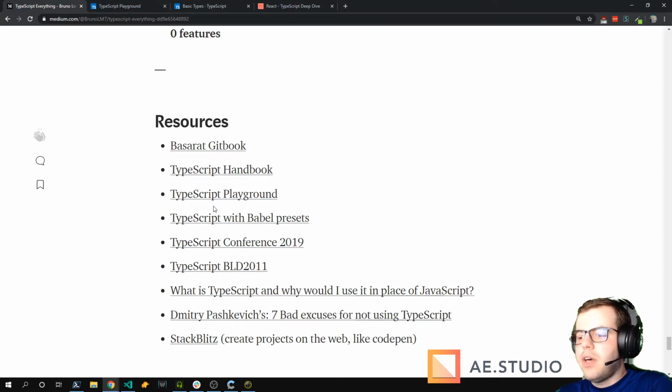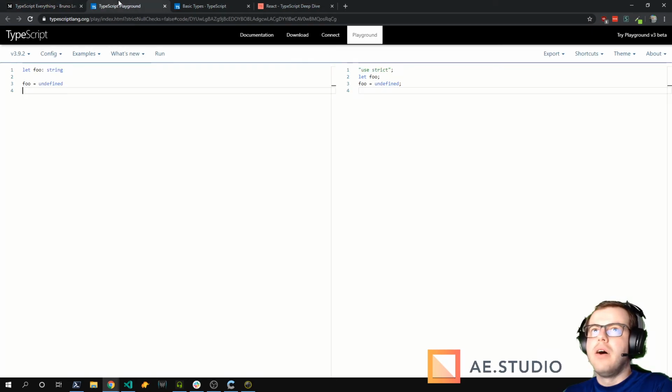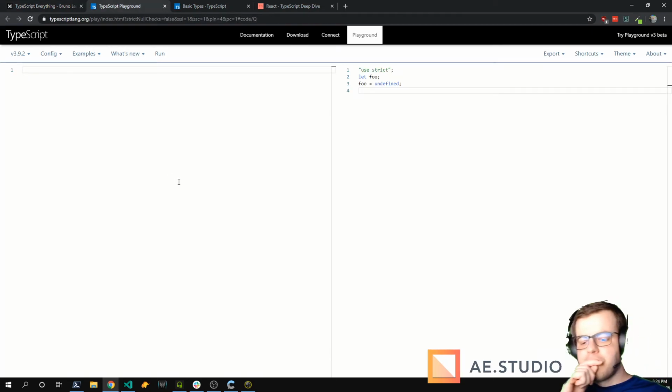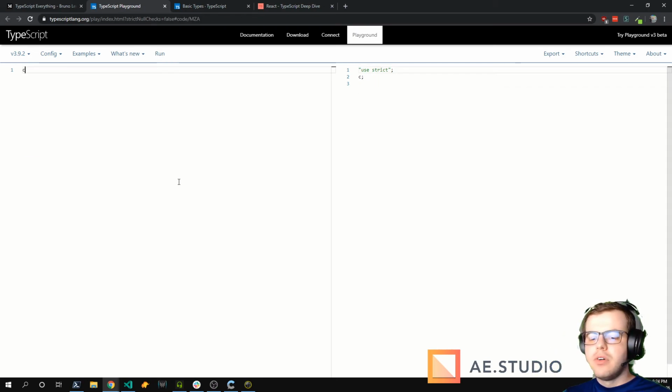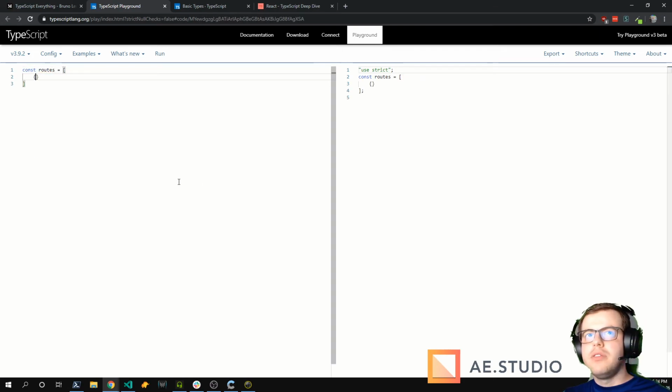When do I need to use "as" for variables? I guess it depends. You can use it in many ways. One way that I sometimes use is in Angular, you have routes, and I do the routes like this, and then I cast to routes, whatever.